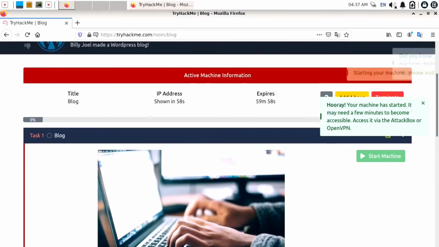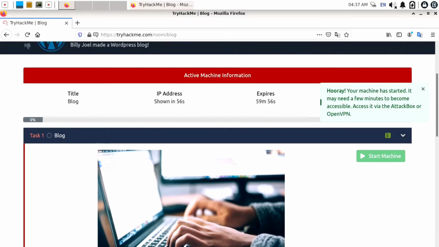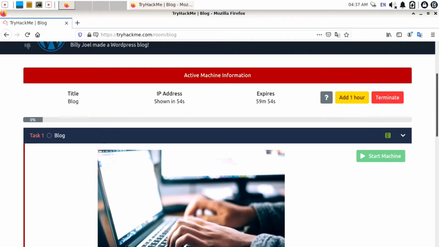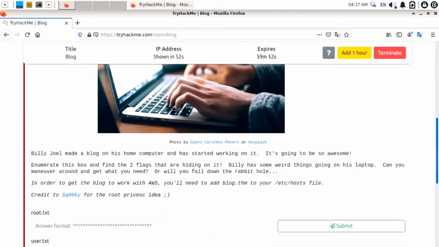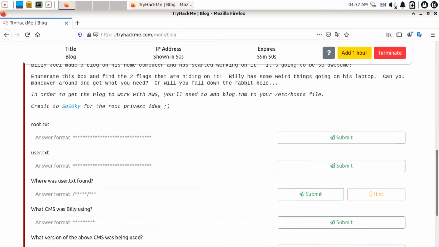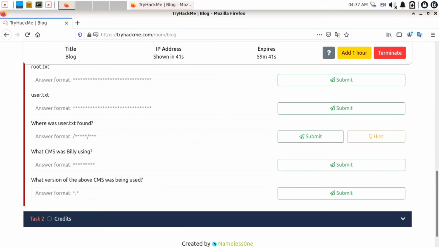Just scroll down below to find the tasks of this machine. There are plenty of tasks like finding the root.txt flag, the user.txt flag, where user.txt was found, what CMS Billy was using, and what version of the above CMS was being used. So we need to find all these answers.